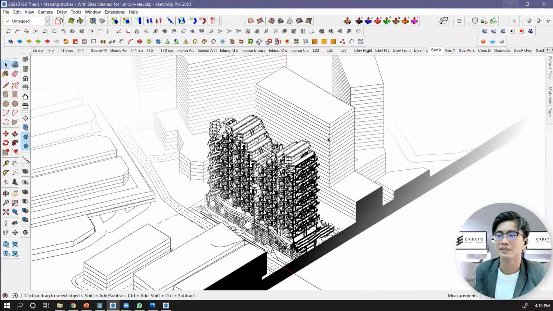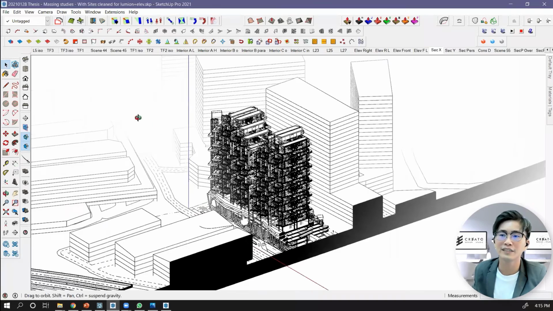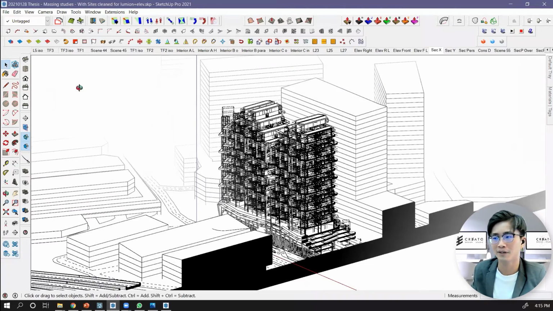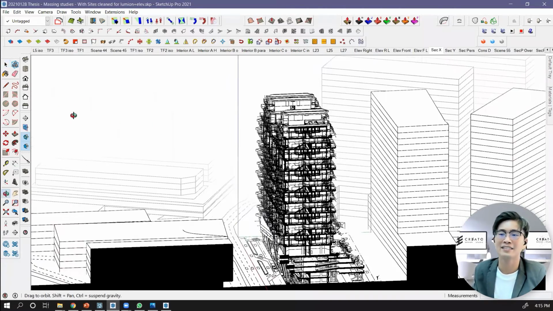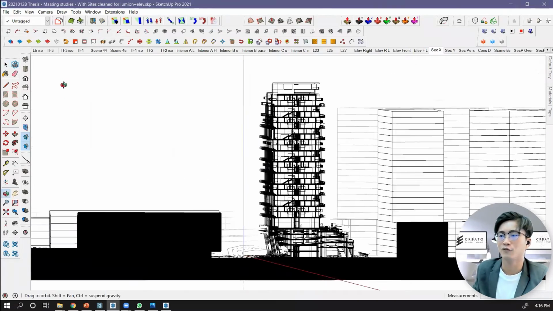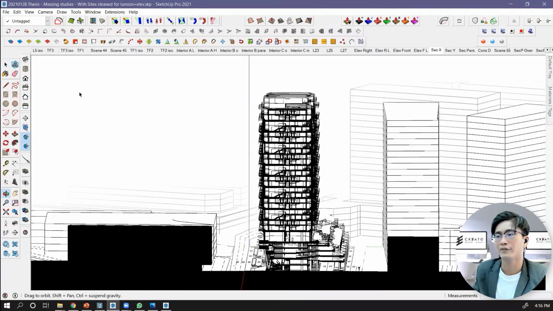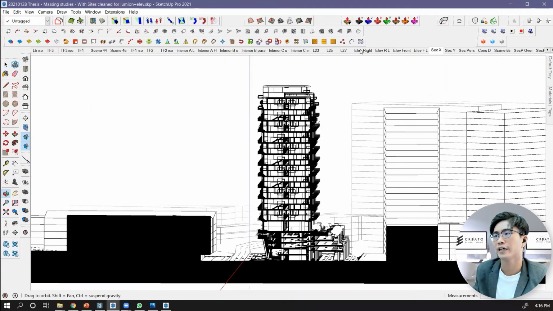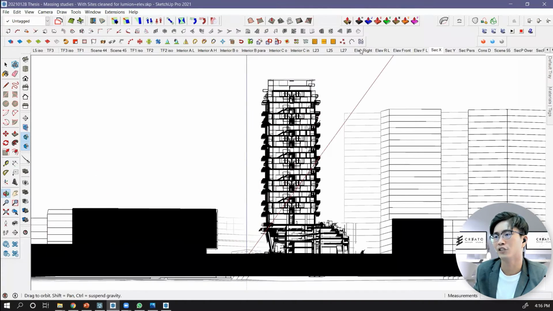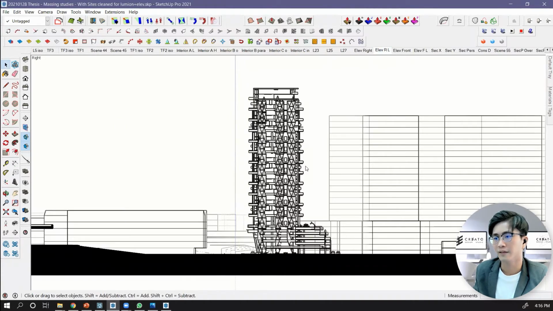via any methods. So, okay, how to make those things behind blur out or disappear? Besides hiding it, okay, hiding it is too slow already. Okay, the method we use, let's say for elevation views, for section views, let's say I go to elevation view. Okay, to make those lines behind become blur or